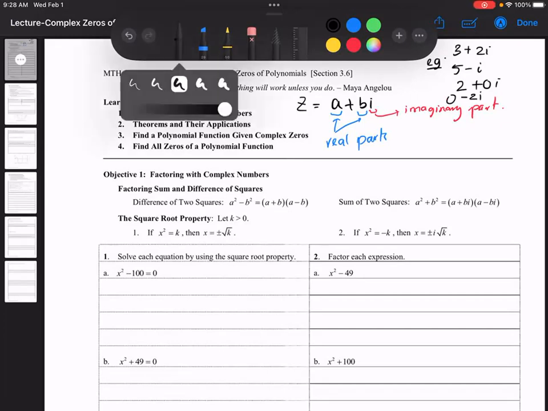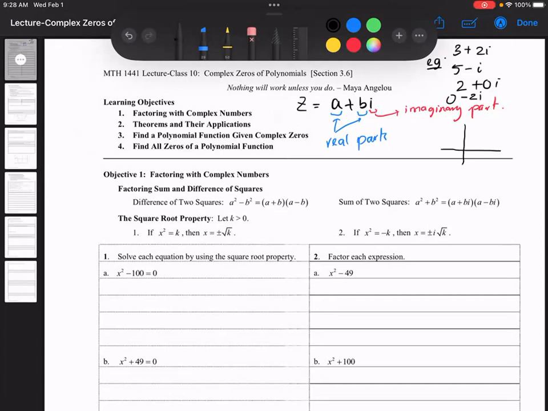Now, complex numbers have their own plane. What I showed you so far is the real plane. You have x and y, right? The complex plane looks like this. You don't have to know this. You don't have to copy it down. The horizontal axis will be your real part, your real number, and the vertical axis